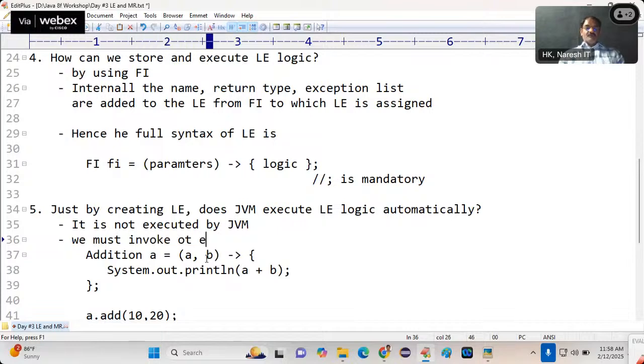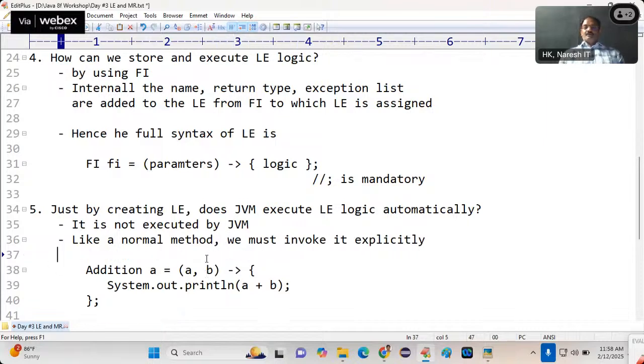We must invoke it explicitly, like a normal method. Is it clear? For example,